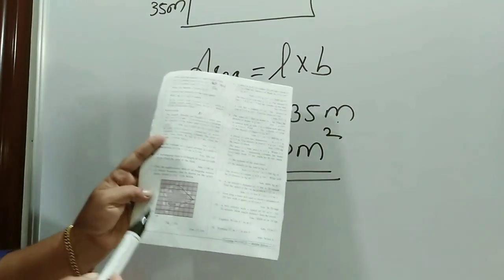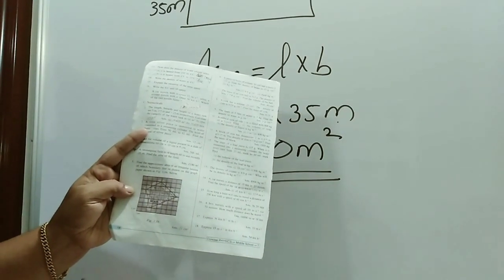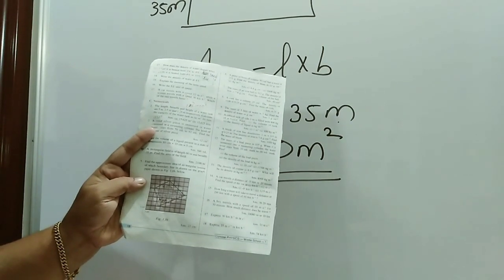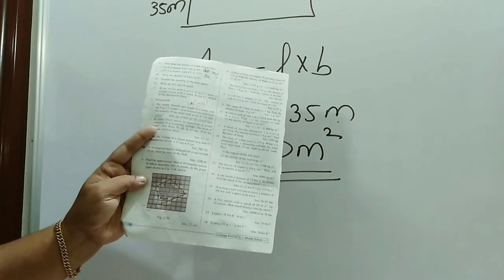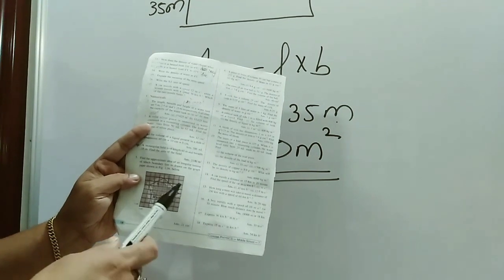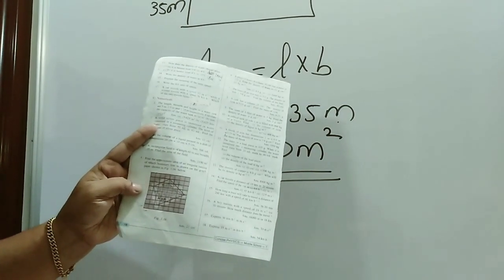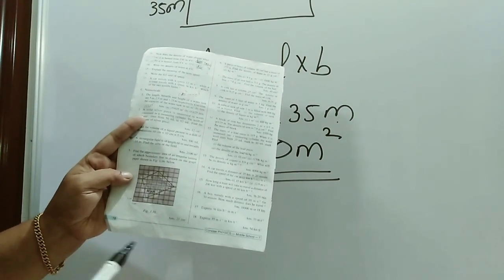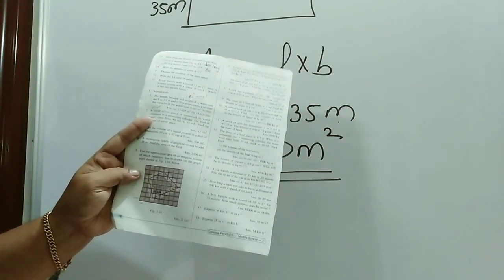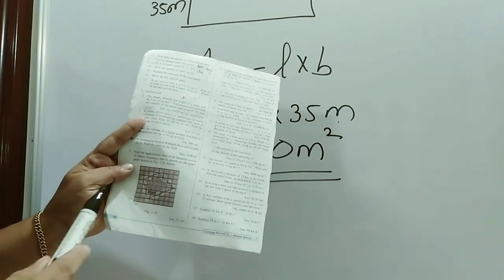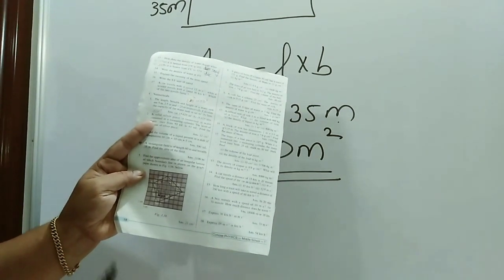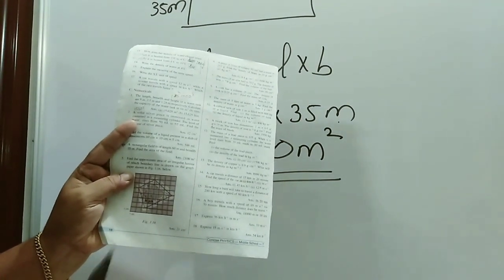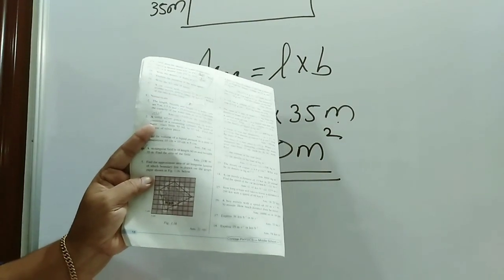Next, question number 5. You can see the diagram in the textbook. Here you are asked to find the approximate area of the irregular lamina whose boundary lines are drawn on the graph paper shown in figure 1.16. As we know, first we have to count the number of full squares, then count the number of half and more than half squares, then count it all together. We will get 21 squares. You know, 1 square is 1 centimeter square. So 21 squares means the total is 21 centimeter square.